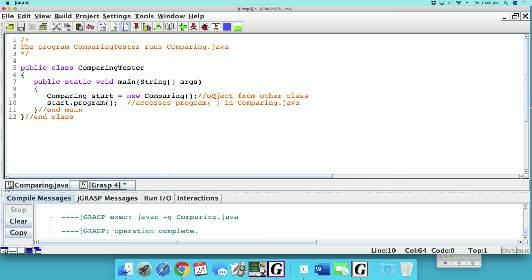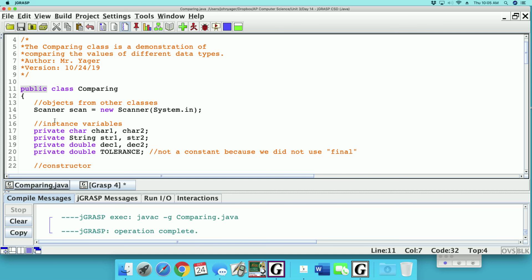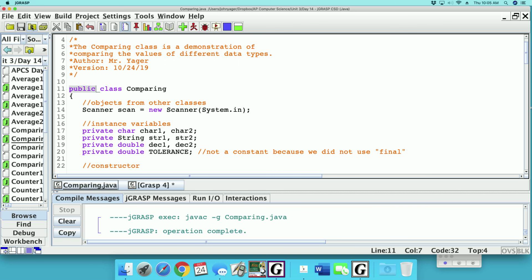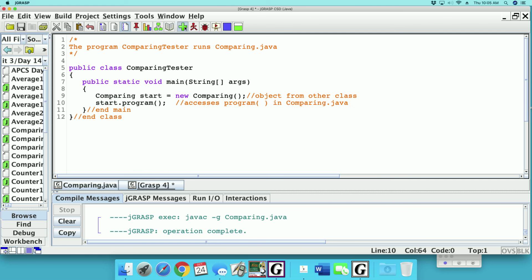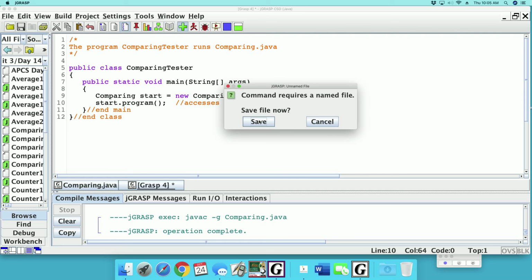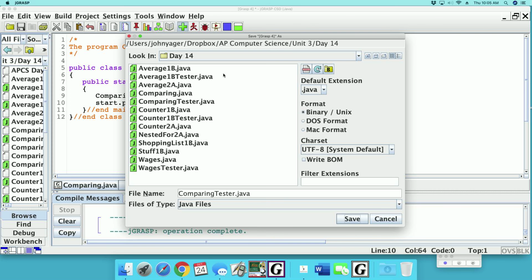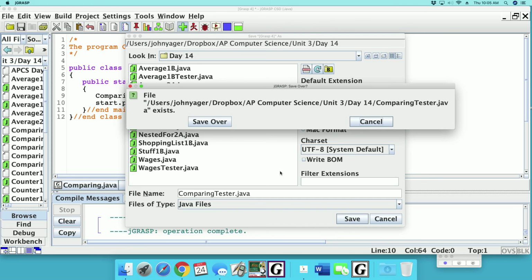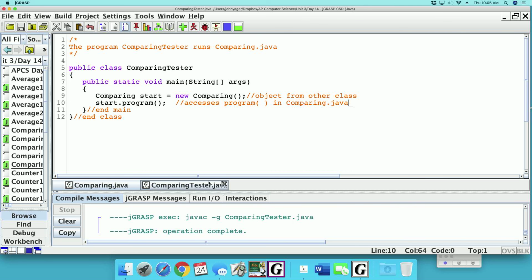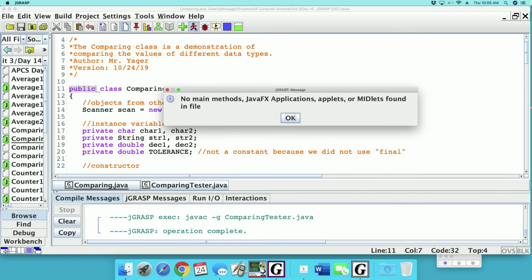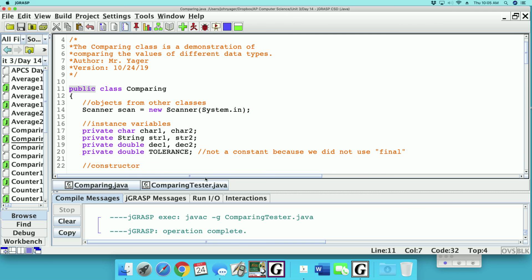All right. Now, this tester, this is important. This tester needs to be in the same folder as this guy. So I'm going to make sure that I press the folder with B on it. So here's comparing. Now when I compile this guy, it's going to want me to save it. See, this is in day 14. So I got to make sure that I'm in day 14. I'm going to save it. All right, it compared it. Now, if I go to run this one, it says no main method. But if I go to run this one,